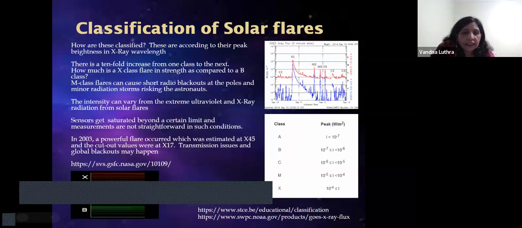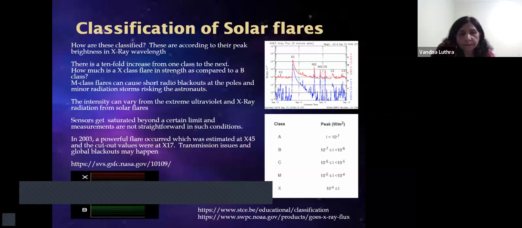It is like a Richter scale in that the B ones are at the bottom, and 10 times B will be equivalent to a C type of flare, and 10 times C will be an M type of flare, and 10 times M would be an X type of flare, and these are on a logarithmic scale. So it means that when I have a flare which is M10, that will be approximately